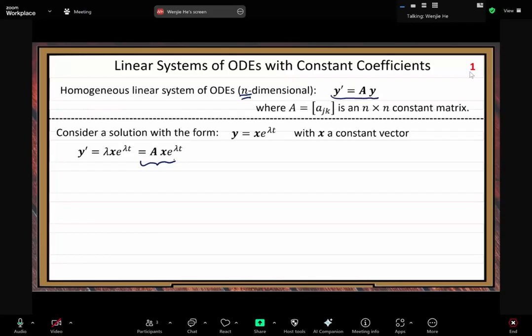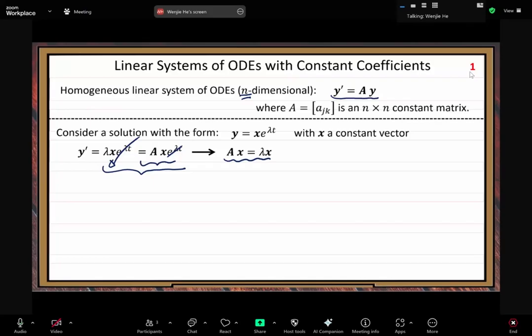With this equality, we can cancel out the e function part because the e function is never 0. But the x vector we cannot cancel out, because vector multiplication does not allow cancellation. After simplification, we have